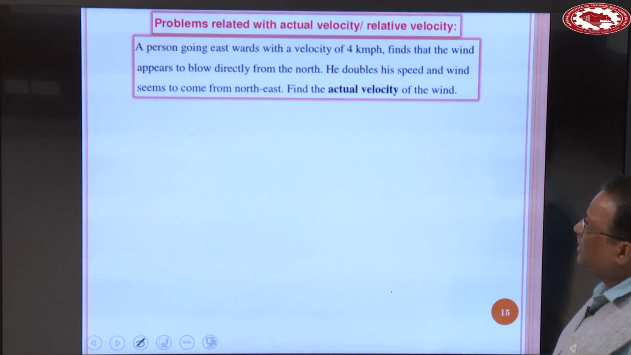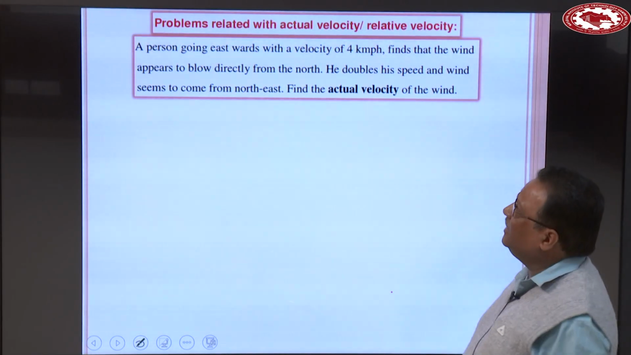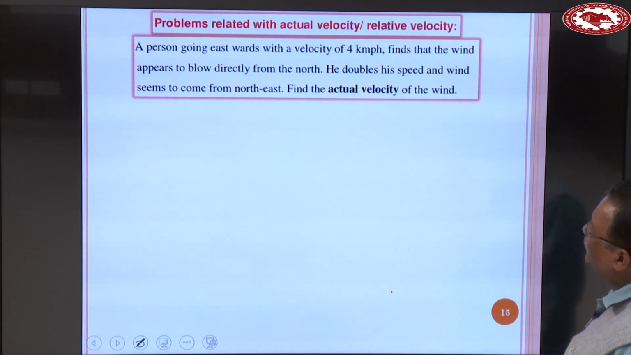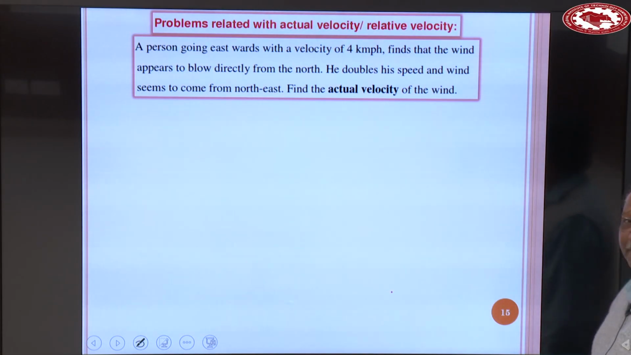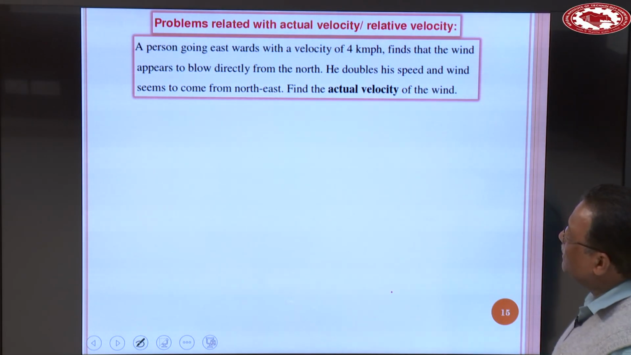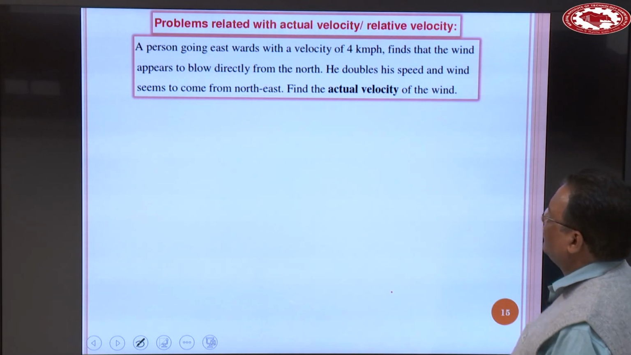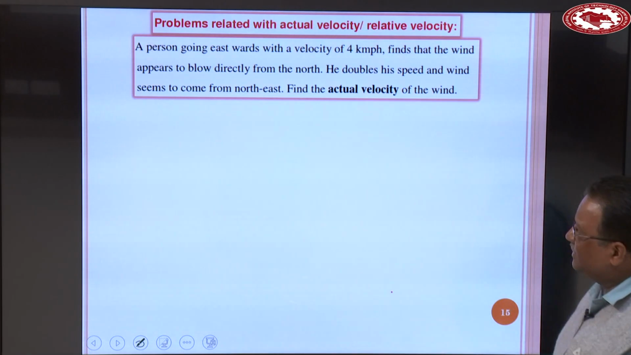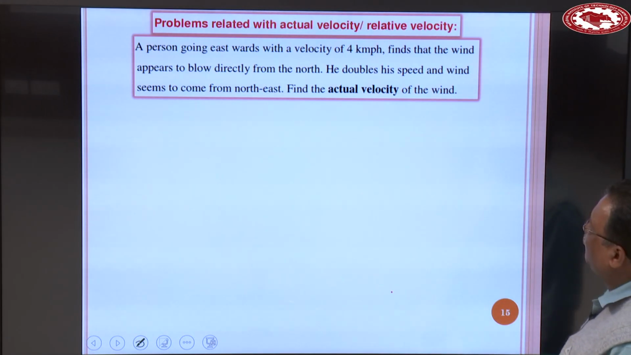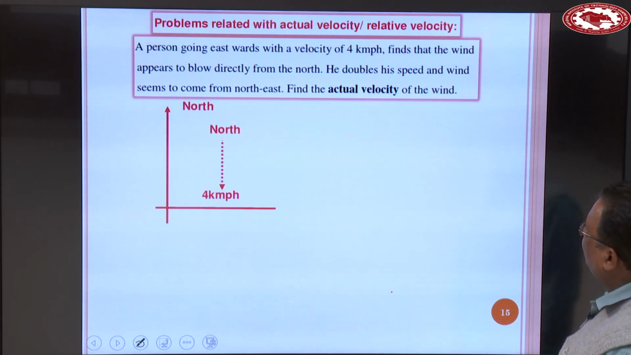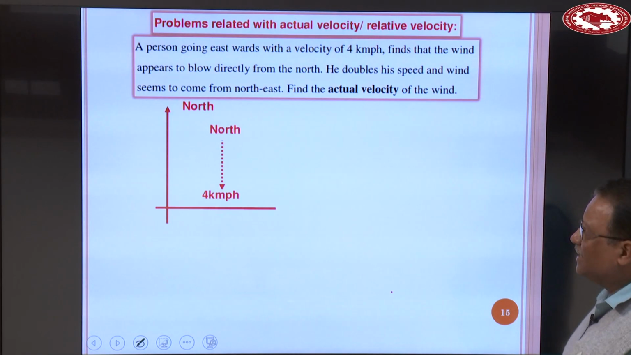Okay. Now the last problem is very, very important. So this is a problem related to actual velocity, oblique relative velocity. Okay, this question is interesting. A person going eastwards with a velocity of 4 km/h finds that the wind appears to blow directly from